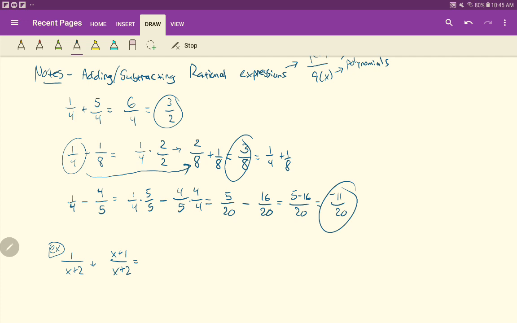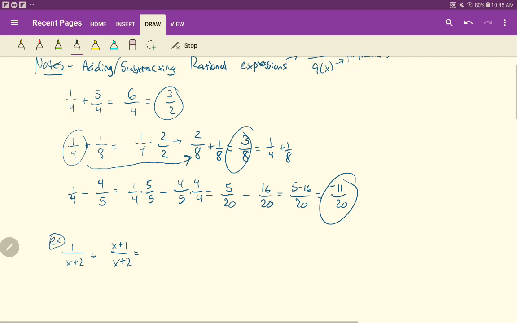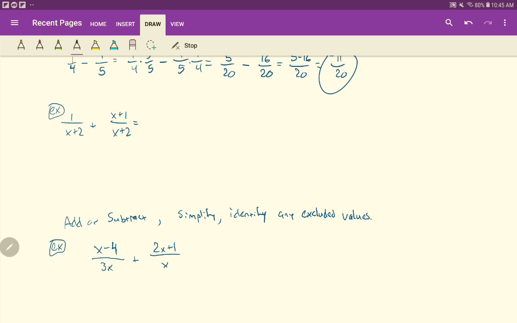Okay, so that's what we're going to be doing today with our rational expressions. Remember yesterday, right, we were adding up rational expressions. Here's an example from what we saw yesterday. All right, we already had a common denominator here, and so we can go ahead and add our numerators up. So it'll be 1 plus x plus 1 all over the x plus 2. And then here there's nothing to distribute, so you can drop the parentheses and just combine like terms. You get x plus 2 over x plus 2,